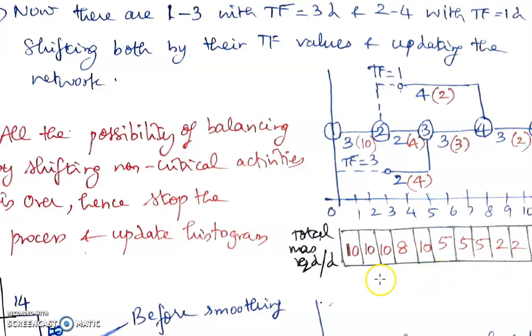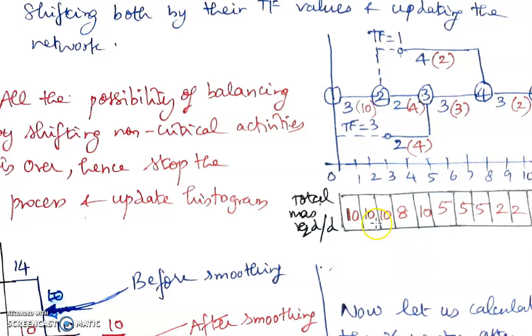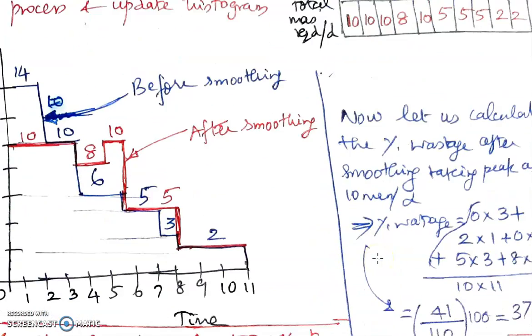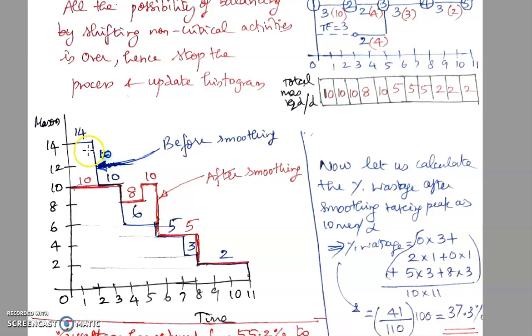So there is some improvement. Of course, in certain portions there is no improvement because there is no possibility of improving this zone. So let us go and see what is happening to the histogram now. Let us superimpose the revised histogram over the previous histogram. So I have drawn the revised histogram over the previous histogram. The revised histogram is shown in the red color and the original histogram is shown in the black color.